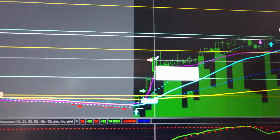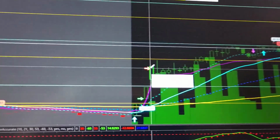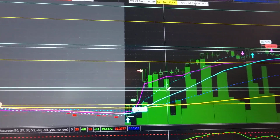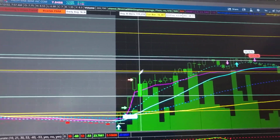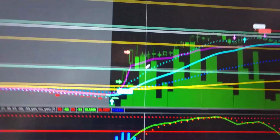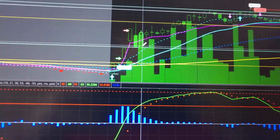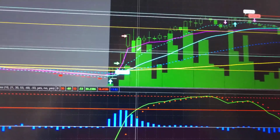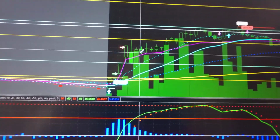Got a really good fill because there were a lot of buyers on that candle. I got out at $7.83, and then just decided to wait and see what it did. Even though the lines continued to point up, I got out, and here we had this big sell down candle, which was fine, and it held support right here. So I thought, well, do I want to trade this one to the next green line, or at least this white line? And I decided I would, and I got in on this one